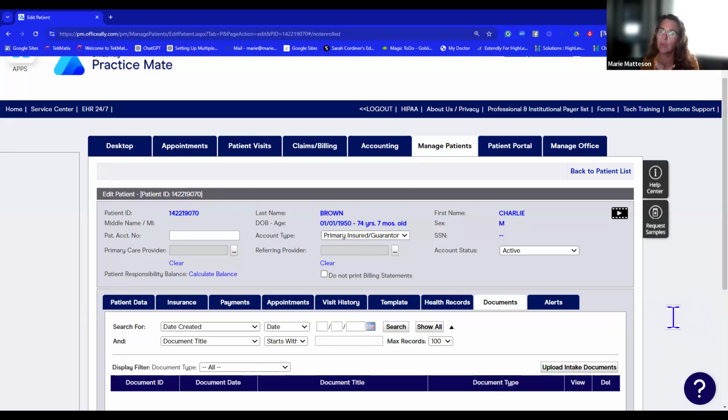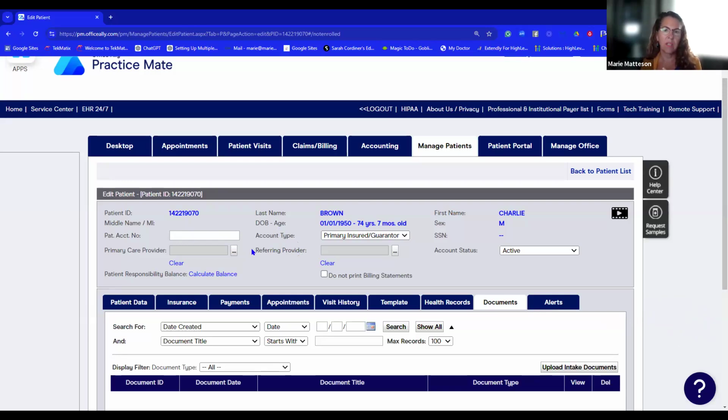To my knowledge, those two areas do not marry up. So I try to keep the things that are about business, their intake form, insurance information, all of that in the PracticeMate side. Clinical things,